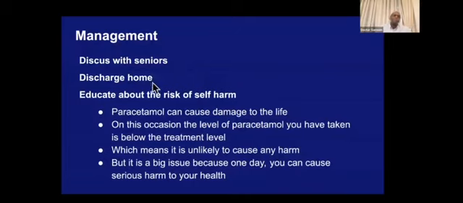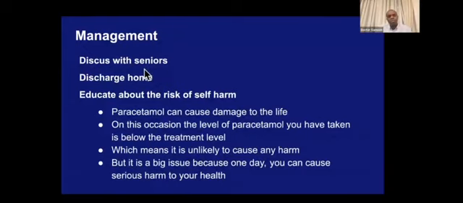Management. So explain that I will need to discuss it with my seniors, but at the moment I feel you are low risk. Of course, what we are concerned about is that if you go home, you may do it again. But from what you have told me, everything was emotional. So you didn't have an intention to kill yourself. So it's unlikely that you would do this when you go home immediately. Okay. And I don't feel you are high risk.